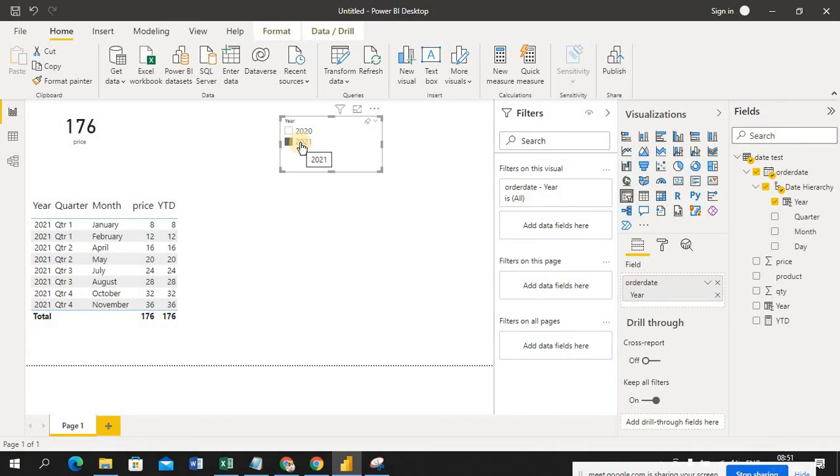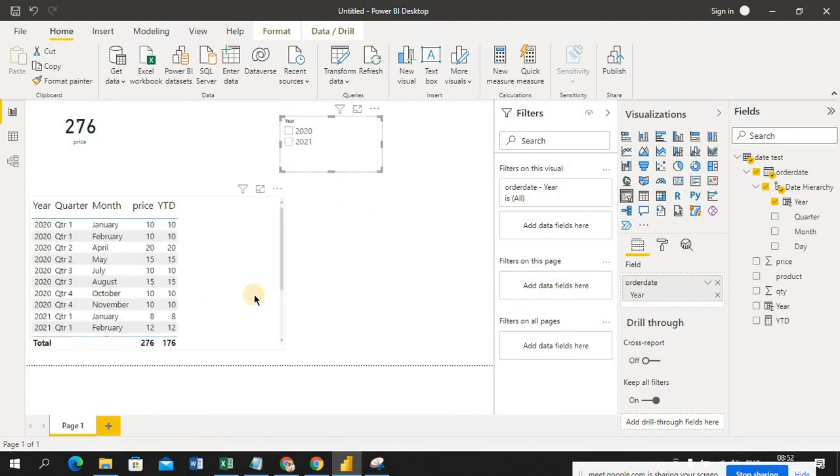This is 2022 Jan, but my data max date is in the 2022 year, so the report shows accordingly. You can see if I unselect, current year sales is still showing here, 176. The same way I want to check last year sales. 2020 is the last year, right?